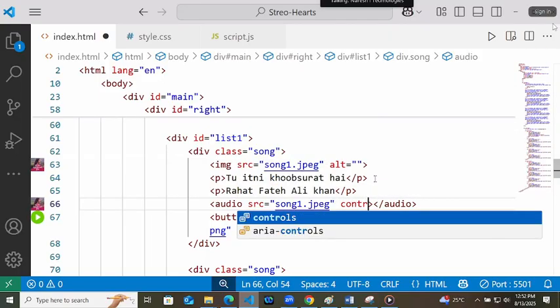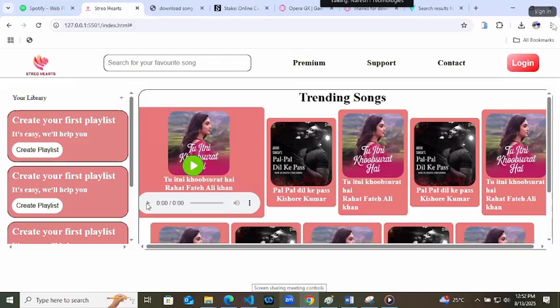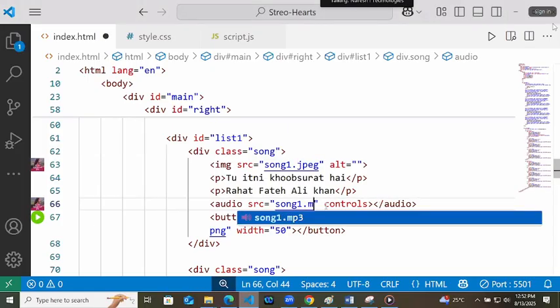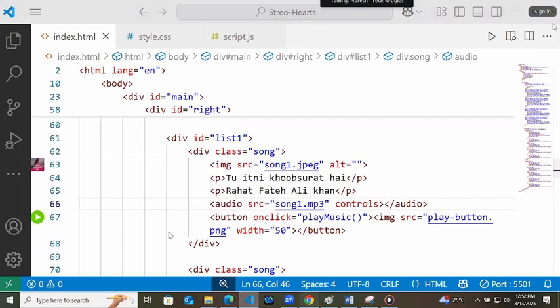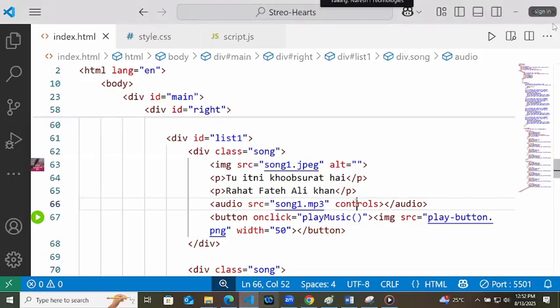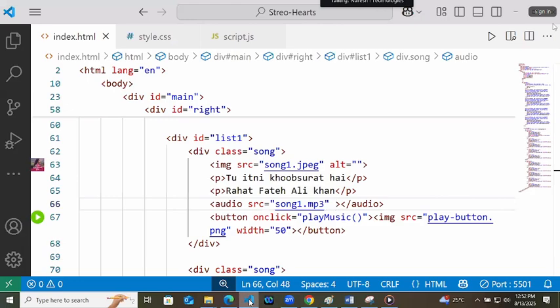Generally, we have to write controls, then only we will get the play and pause, right? If I am not writing controls, then we will not get the player. No problem. But the song is there in the DOM.